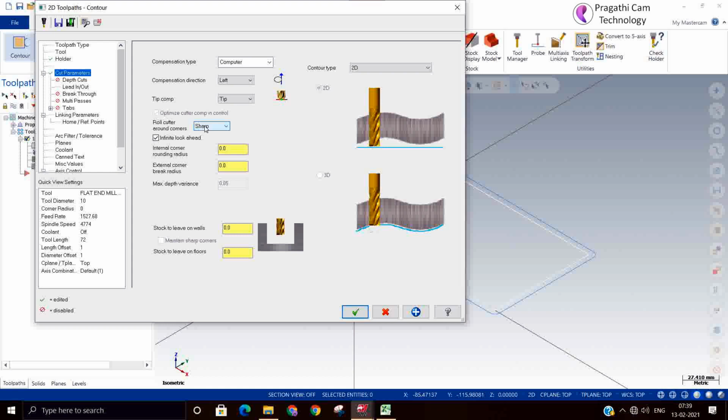If you want some additional radius at the internal corners and external corners, you can add it. This window is to add or leave stock for finishing. If you want to leave stock on the wall or bottom, you can give it. Then there are contour types: ramp, remachining, oscillate machining.